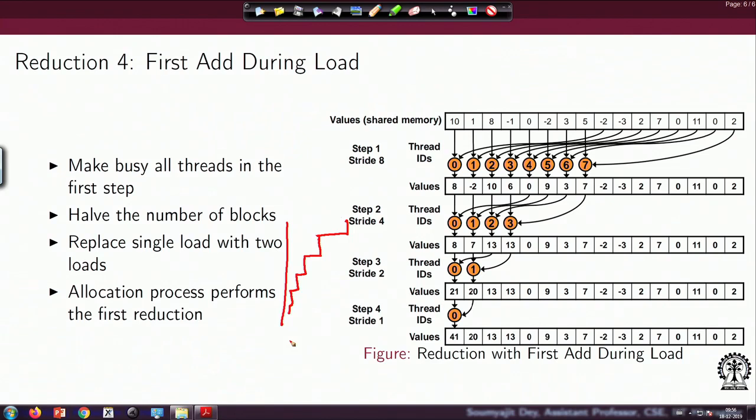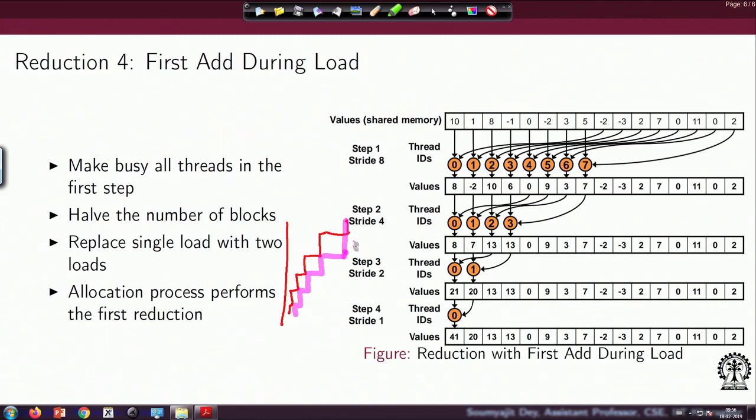Now with this step, what are we essentially doing? Let me keep the original picture here. With this step, we are making it like this, right?